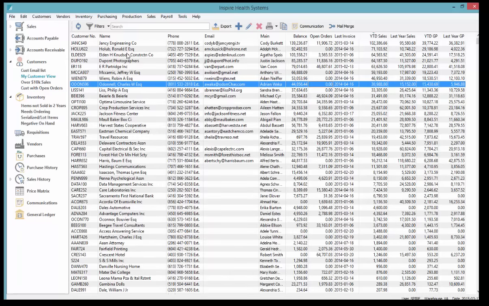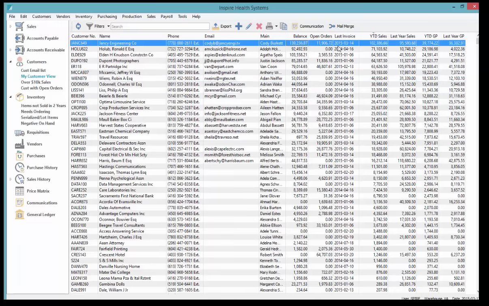I can create my own custom views, and I've created one where I've got my top customers here. I've got my year-to-date sorted by my year-to-date sales, so I see all my best customers at the top. I see their contact information, what they owe me right now, if they've got open orders in the system at this point, and how much they're worth, what their last invoice was, year-to-date sales,